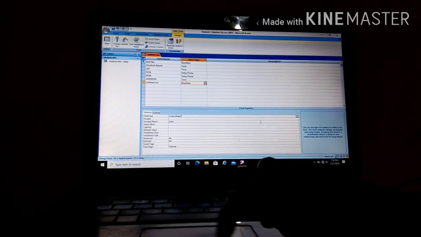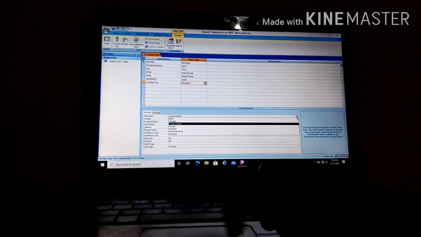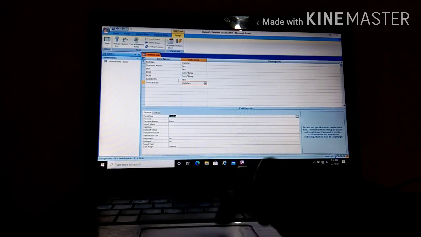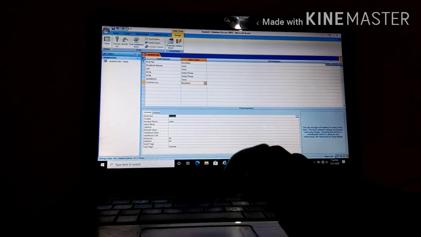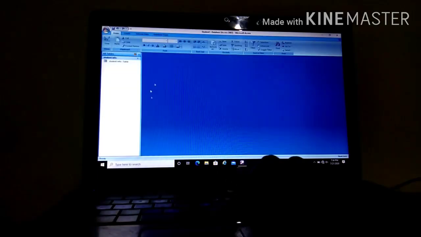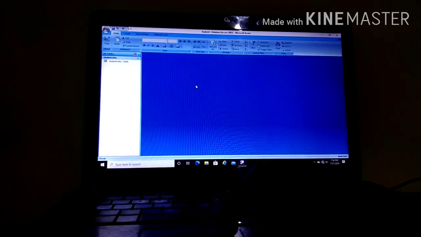What we have to do? We have to click on this and we have to increase the size to double, and then we have to close it. Whenever we close this table design view, it will ask, do you want to save the changes? Yes. Now I have closed the design view.